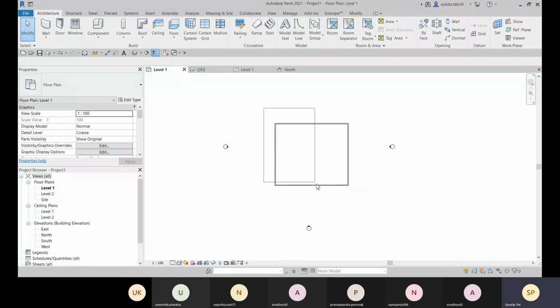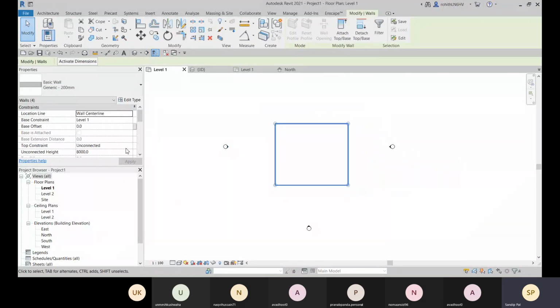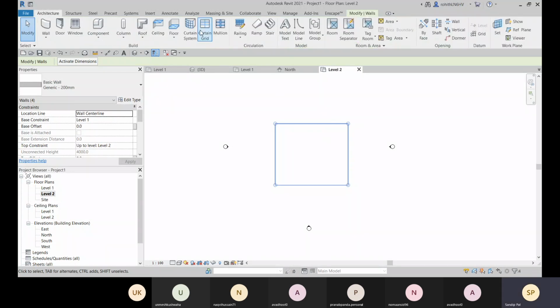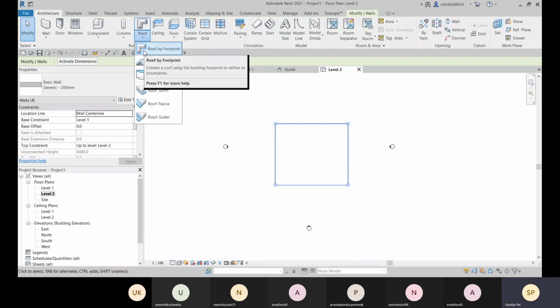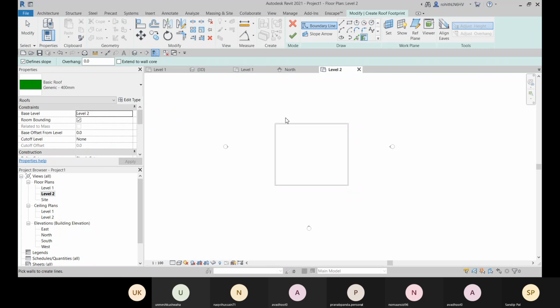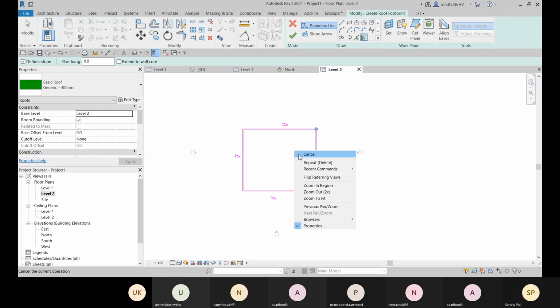And now let me just create a roof, and let's go to level 2, architecture, roof.